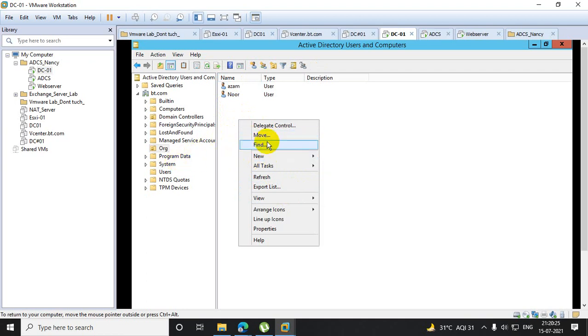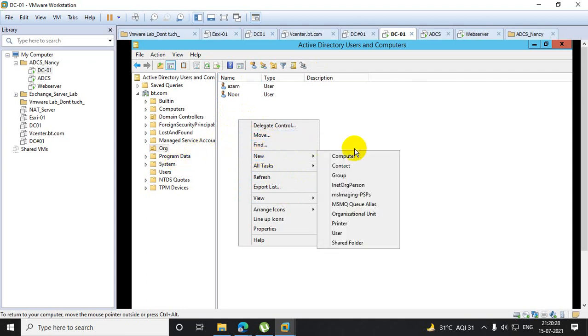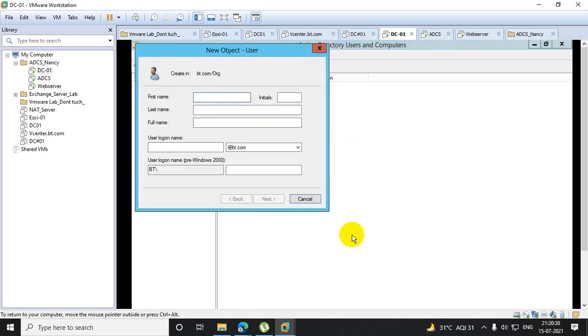I'll show you. Let's create it here, then I will move it later. The username is Anand.